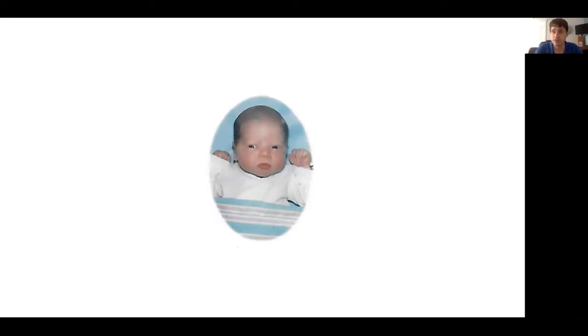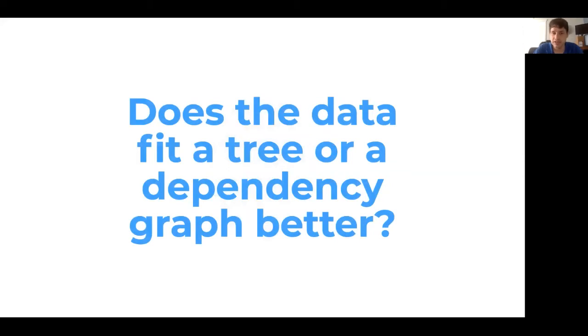So for the purposes of my first paper on the subject, I wanted not necessarily to evaluate, is it true? Because that's a difficult problem, and I think there's going to have to be a lot more work before we can ask that question. I want to ask a less ambitious question, which is, does the data fit a tree or a dependency graph better? Now, note, I didn't say, does the data fit common descent or a dependency graph better? The thing is, common descent is very difficult to test because it has a basic tree